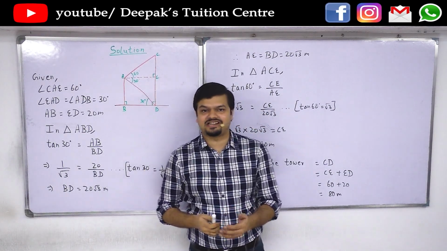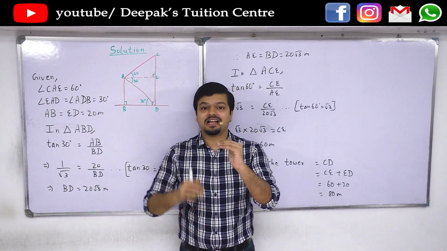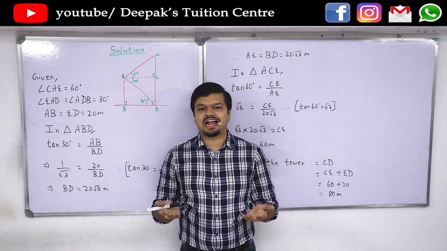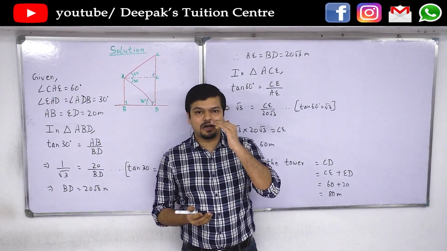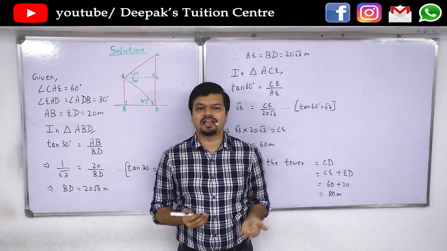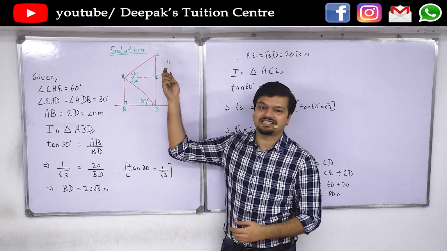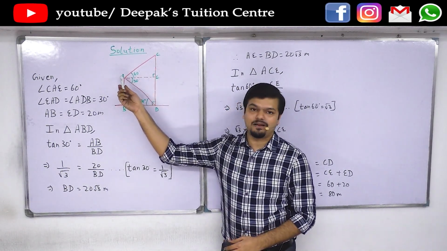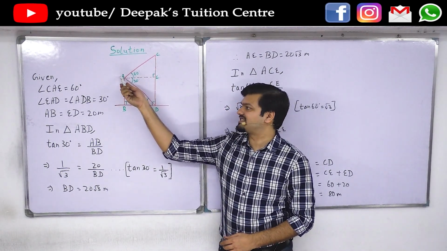because the question states that from the top of the pole, if we see the top of the tower, there is an angle of elevation. And angle of elevation obviously means that you are looking up to something. So if you are looking up to something, then obviously the other thing is higher than what you are standing on. So if I stand on the top of the pole, that is AB, or if I stand on A,